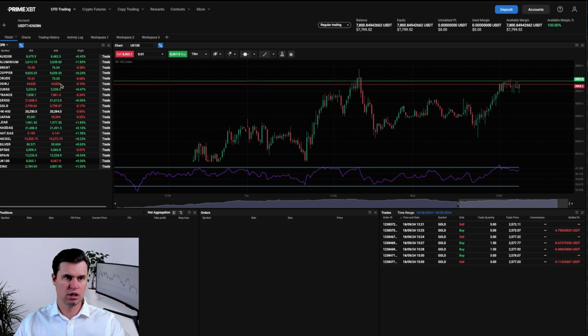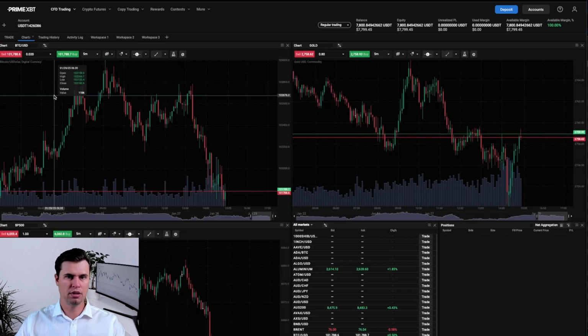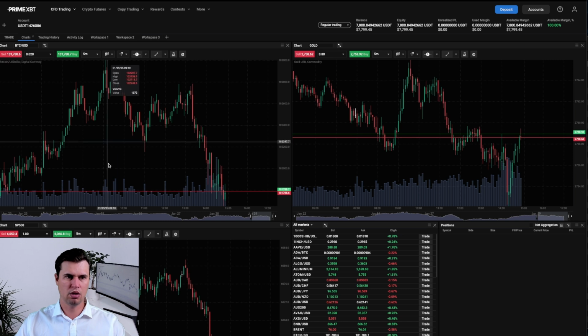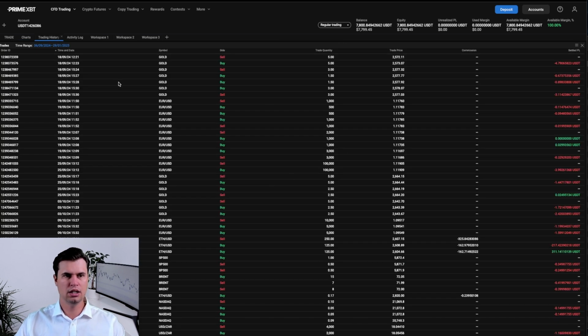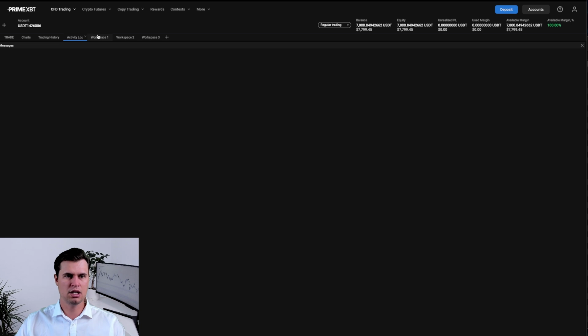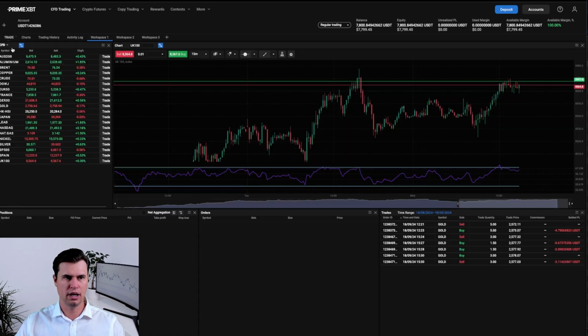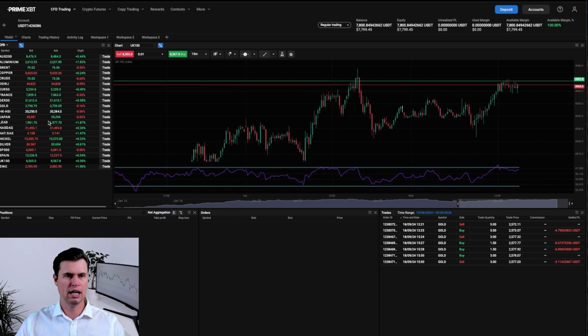Now, next to that, you can obviously also toggle between a couple of things. So you can see over here, we've got a whole lot of charting functionalities. You can go specifically to your trade history, activity log, etc. Or you can design your own workspace. So I always like to stay on where it says trade. Here you can pretty much see in a nutshell positions, orders, trade history, my terminal, and the different asset classes